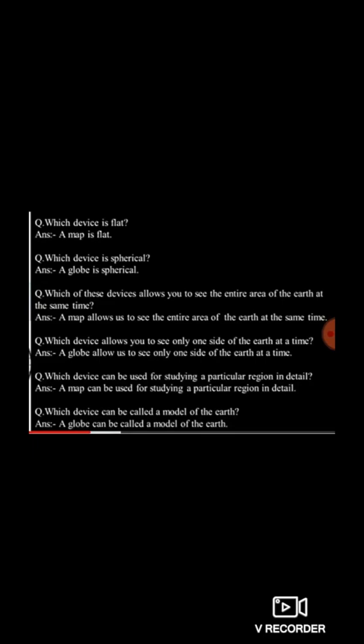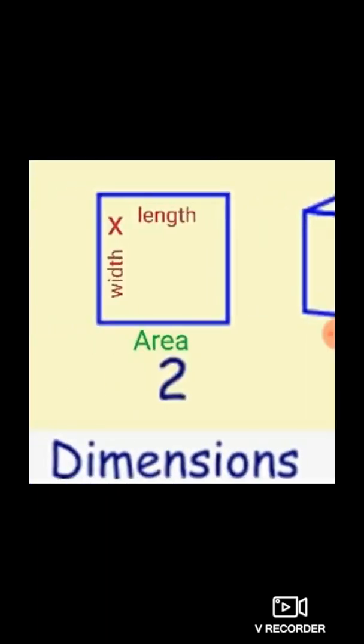Children, we have learned that maps are two-dimensional and a globe is three-dimensional. Now what is two-dimensional? See it in the picture. The image on your left-hand side has length and width. These are two-dimensional objects; two-dimensional objects have length and width. If you multiply length and width, you get the area. So the product of length and width defines area.